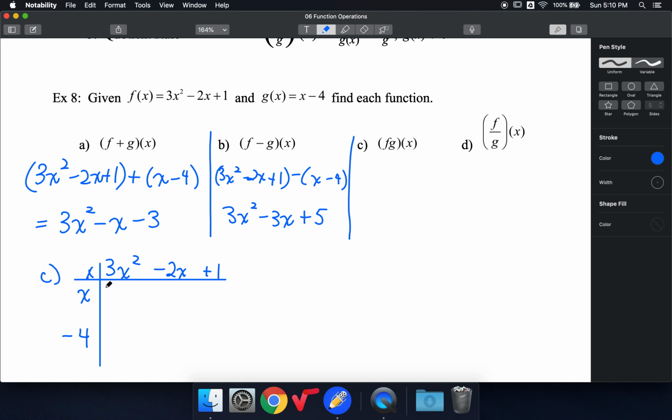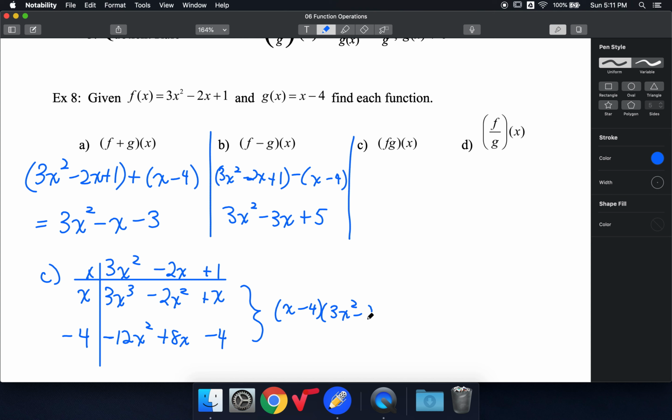So now I'm going to multiply 3x cubed, negative 2x squared, there's a positive x, negative 12x squared, plus 8x, minus 4. I'm putting the plus signs in there just to help remind me that when I'm collecting like terms, what I'll do. So now I'm going to collect like terms and say that my product, x minus 4 times